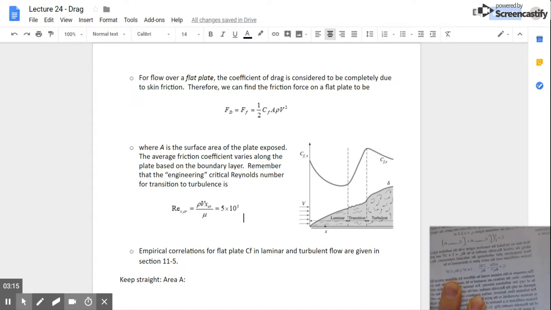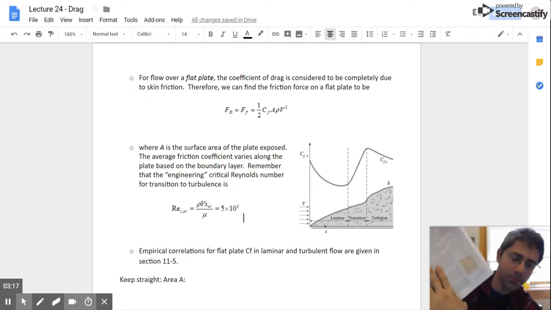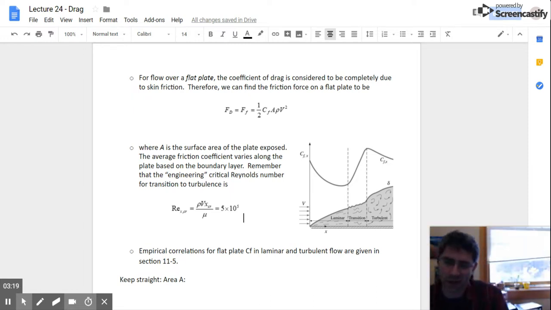You can look it up in your book. Based on that, you could get C sub F,